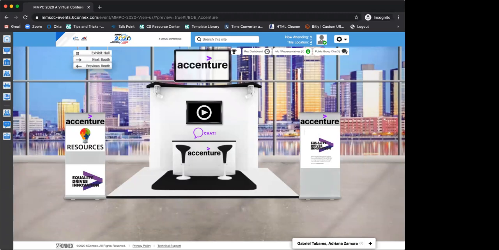Now, Adriano, if somebody comes and visits their booth while they're in another booth, wouldn't they get a notification of some sort? They get a notification if they are offline. Yes, if they are offline, and we check that option, they will get an email saying someone visited your booth. And actually it says Adriana visited your booth while you were offline. But if you are online, but you are not on the booth, no, you're not going to receive one.